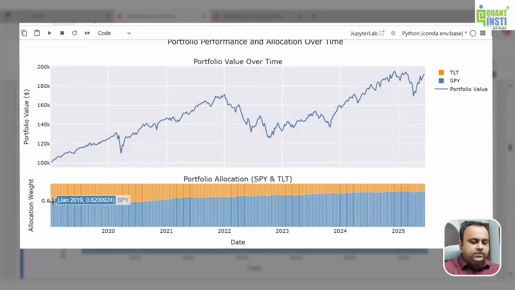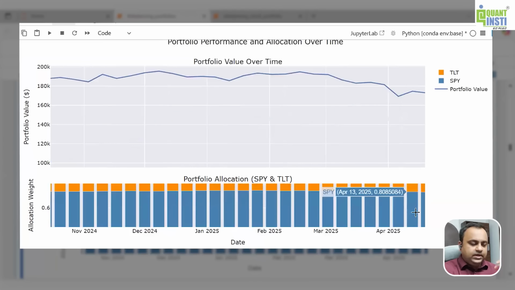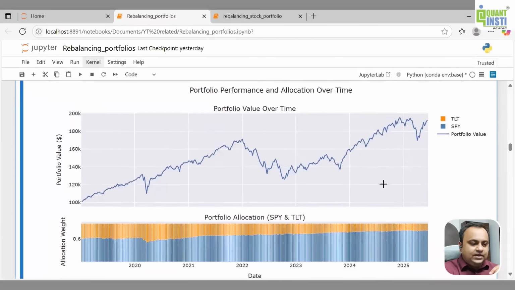So at the very beginning, we started with 0.6 and 0.4. At 0.6, you can see the blue lines end over here, which says that SPY actually had 60% allocation and was very close to that. But as time went ahead, this allocation changed. Now, in order to see it more clearly, I can zoom into this particular bar and show you what I mean. So this 0.6 is no longer 0.6. SPY actually is over here, you can clearly see 0.8 and TLT is 0.19. So 0.81 and 0.19 roughly. So this is how it actually changes. We can clearly see the drift.